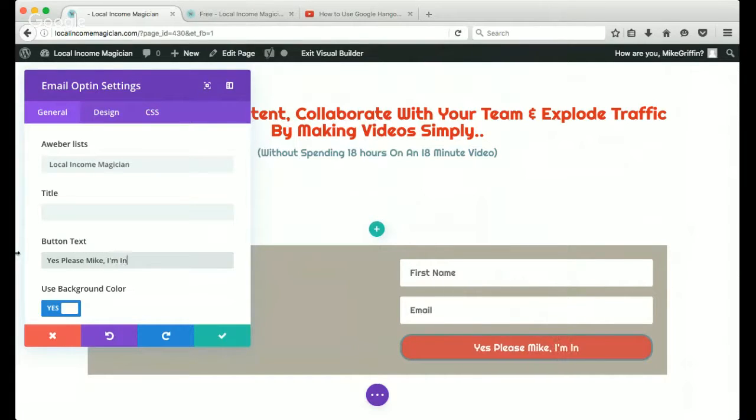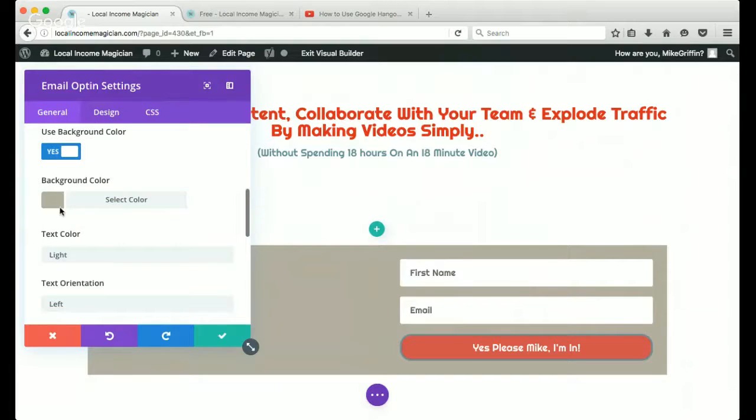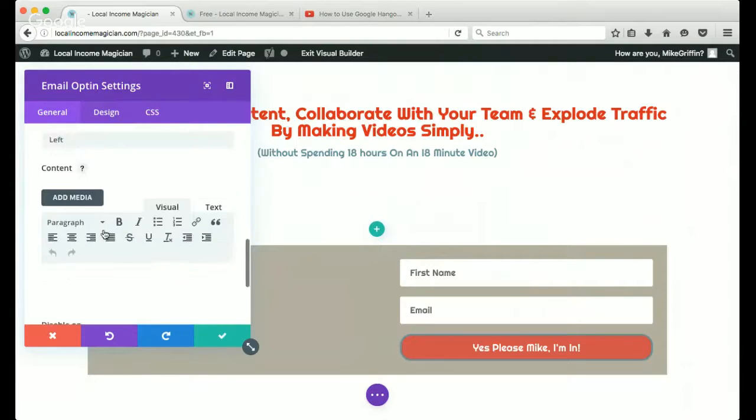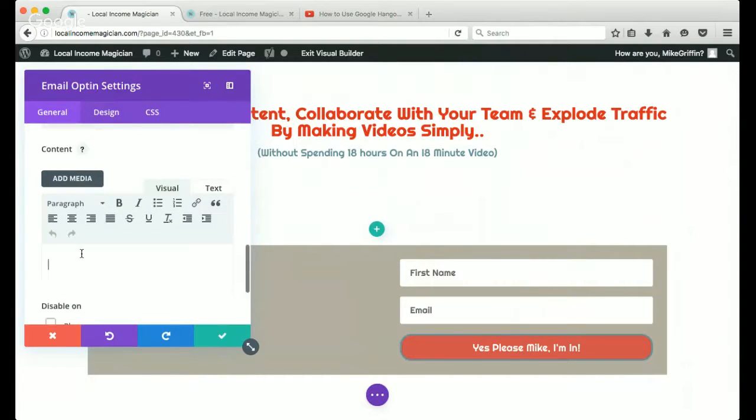I love the way that this is so responsive, and that as you're typing, you can see it coming up on the screen. Yeah, it's incredible. It's so much better than Divi 2.7. You can change your background colors, do whatever you like here. Do I want the title? No, I don't think I do. But what I can do is now create